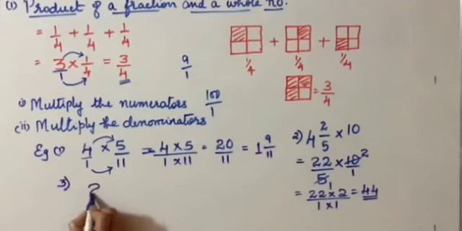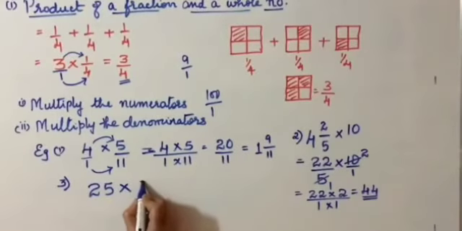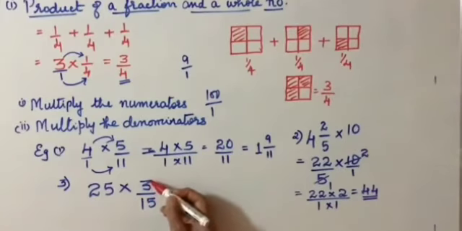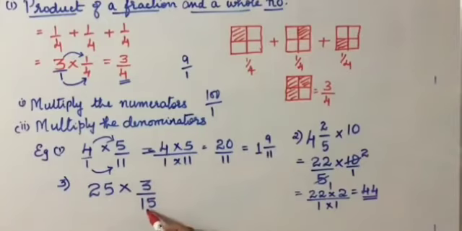We have 25 into, say, 3 by 50. Again, pay attention here, children. Look at this problem. You can either cancel 3 and 15. What did I tell you? You can cancel numerator and denominator of the same fraction, or denominator with numerator of a different fraction. Please bear this in mind. Now, you can either cancel 15 and 25 with 5, or you can do first 3 1s, 3 5s.